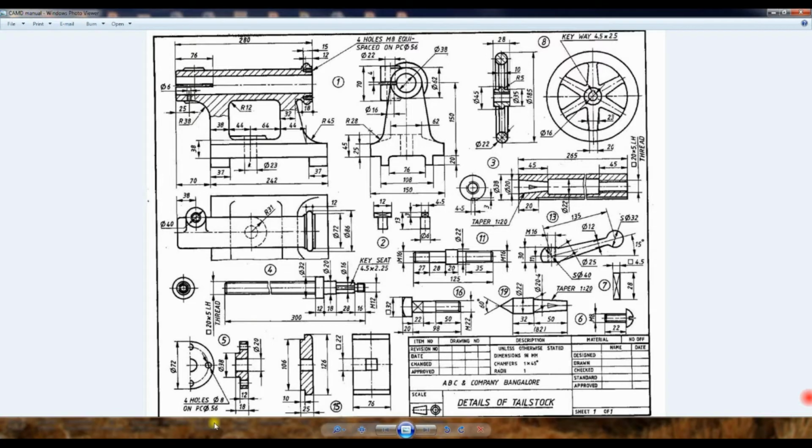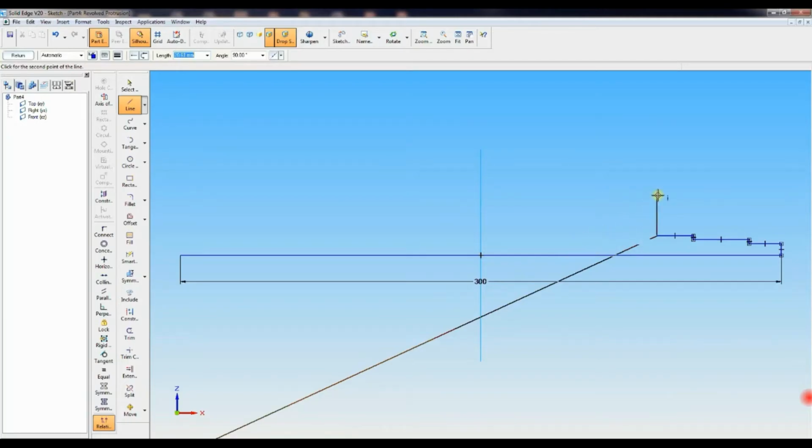Then one more diameter is 32. Half of that is 16. 16 minus 10 gives 6 mm length. Vertically 6 mm. Then horizontally 12 mm.